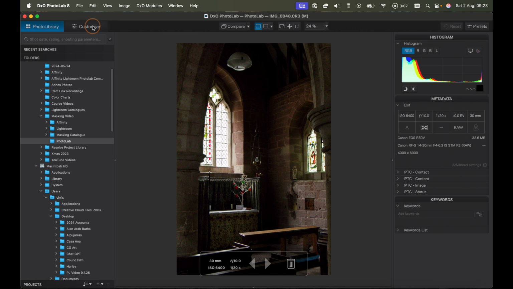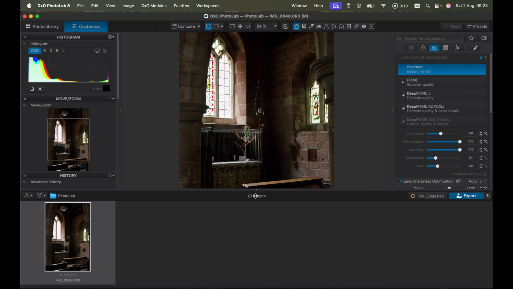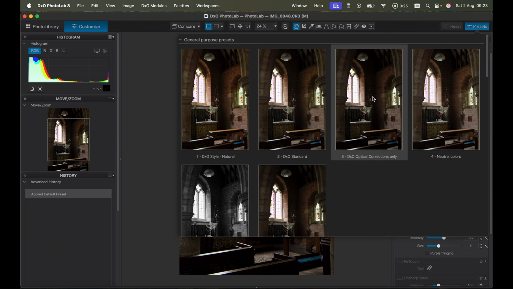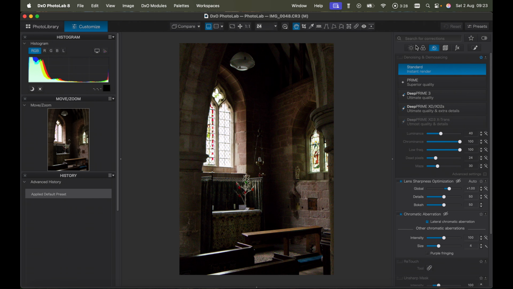So we'll go into the Customize view first. I'll just kill off the ribbon at the bottom. And what I want to do is, I'm going to do the denoising bit later. So in my presets, I'm going to choose optical corrections only. And as I did with Lightroom, I'm going to pass over the general alterations. We'll actually do those last, just to bring the picture up, but there's nothing very complex in there. We're going to go straight for the